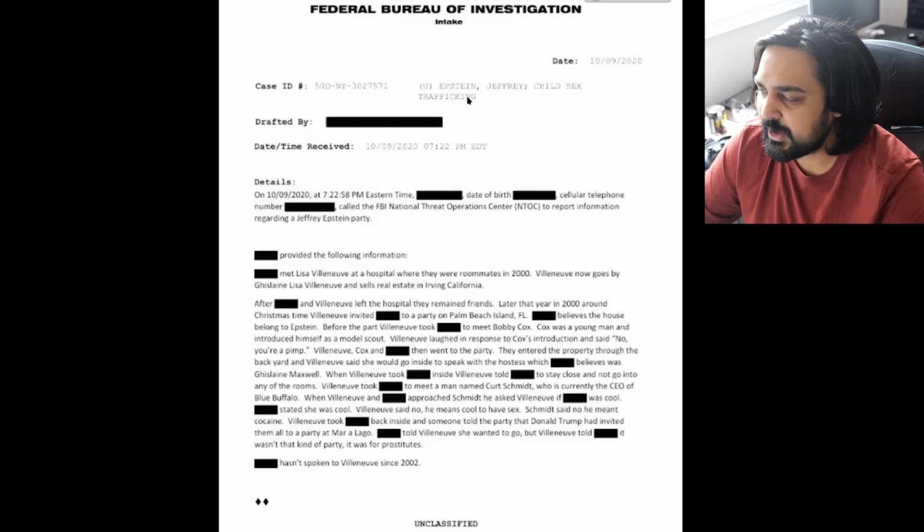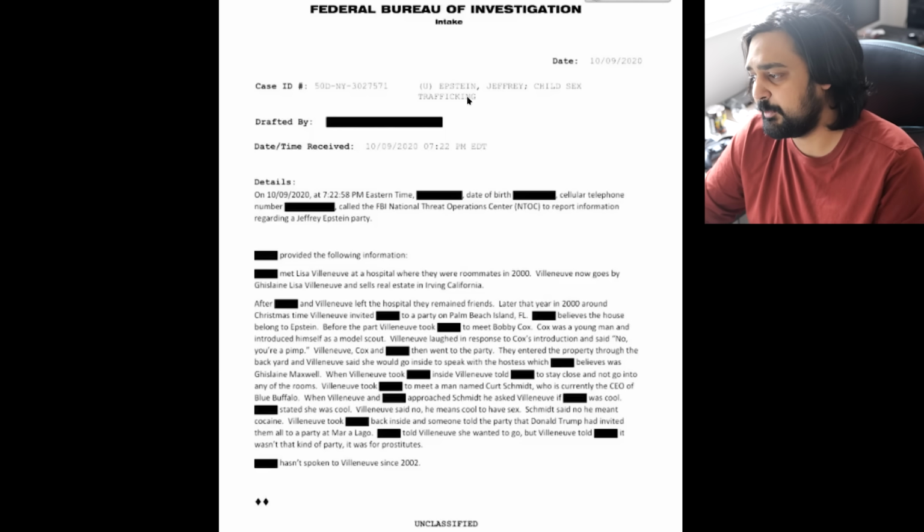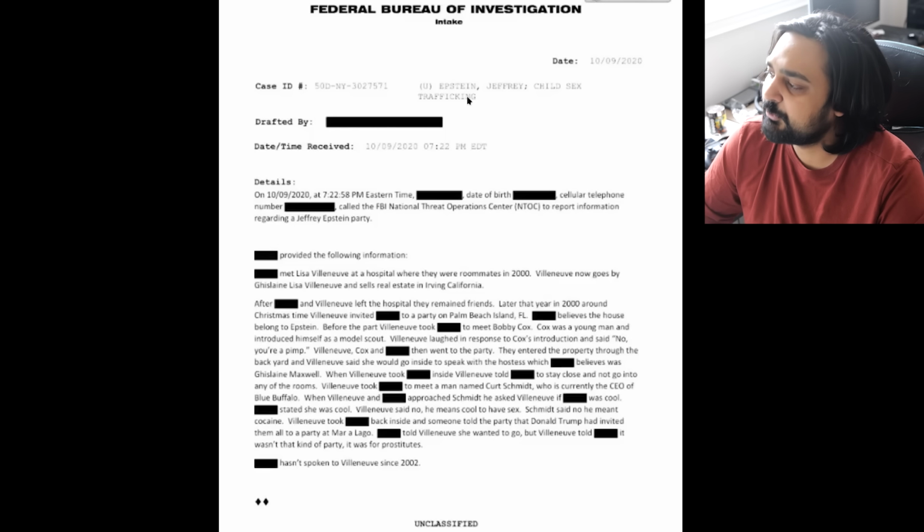Now remember, these are FBI tip forms, right? And this is the first time any of us in the public are able to actually see these for what they are. But again, this is just another one that was brought in. One can argue that maybe these were obviously bullshit. They were never really acted upon. But it's just interesting reading as it was released in this situation. So here's one where they talk about Mar-a-Lago.